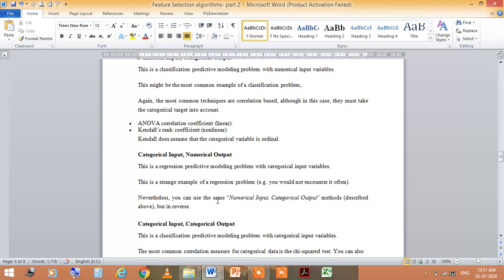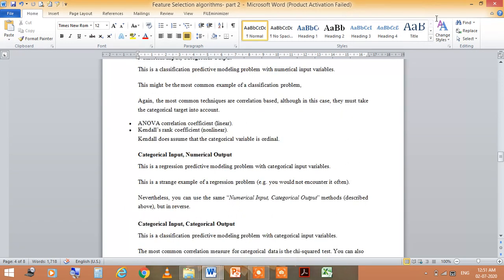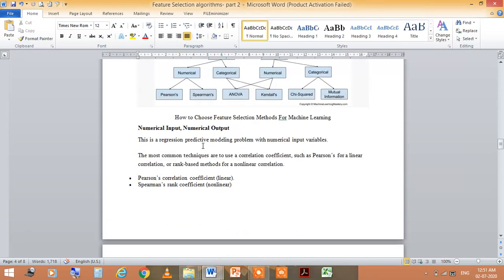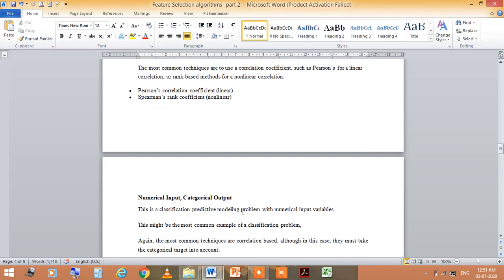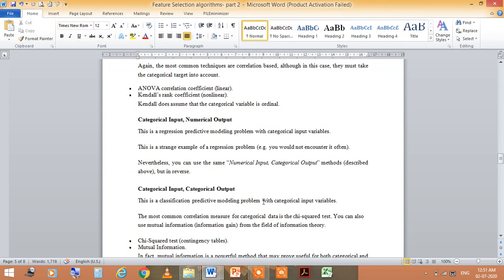If we are talking about categorical input and categorical output, this is a classification predictive modeling problem with categorical input variables. In this we use the chi-square test, which uses contingency tables, and mutual information. So here there are basically four categories: numerical input numerical output, numerical input categorical output, categorical input numerical output, and categorical input categorical output, right?